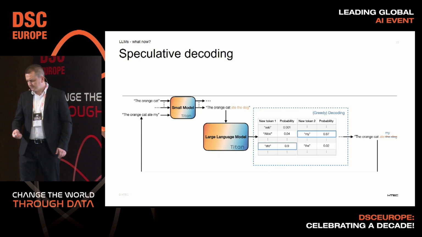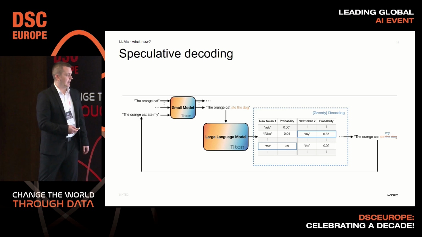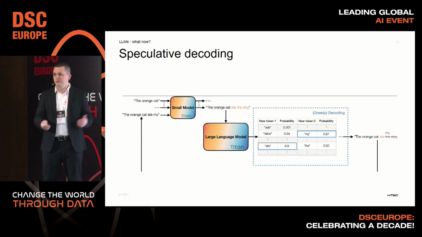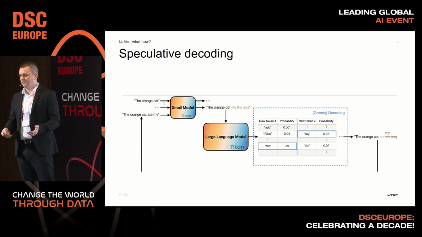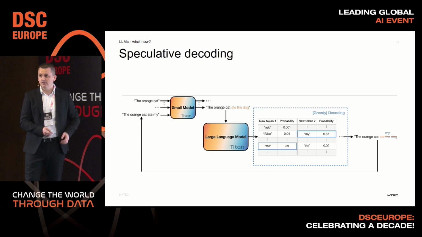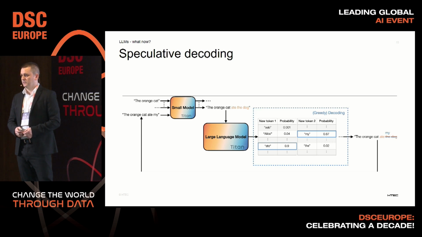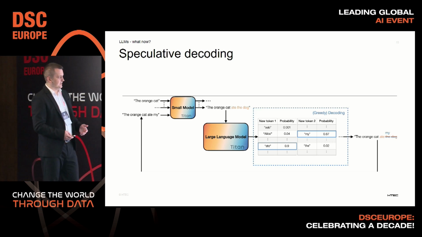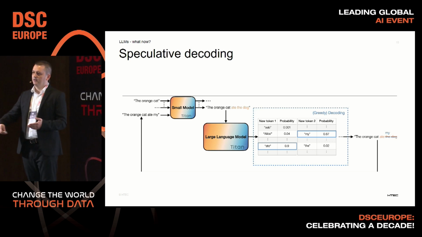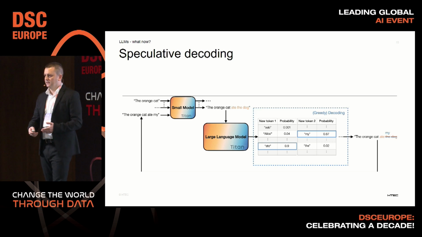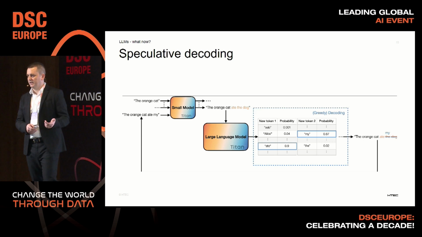Another thing that can also improve this decoding part is named speculative decoding. The idea behind this: do I really need 70 billion parameters to get an answer to what is the capital city of the US? Probably not. Maybe some small model can just produce that and predict what the big model will generate. So the idea here is that the small model can run 5 times, 6 times, n times before you actually run the big model once. And the big model needs to just reject or accept some of the results that are generated by the small model.